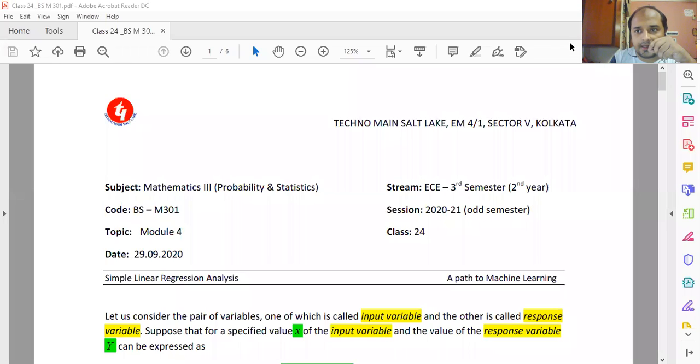Today's topic is the last topic of module 4, that is regression analysis. As I told you earlier, I shall be taking one examination, CA2. Once I finish my topics of module 4, CA2 will be based upon the topics of module 4 only. The added chapter will be Chebyshev's inequality,